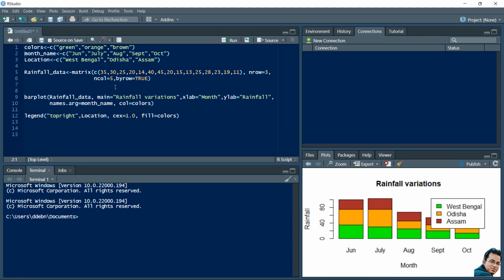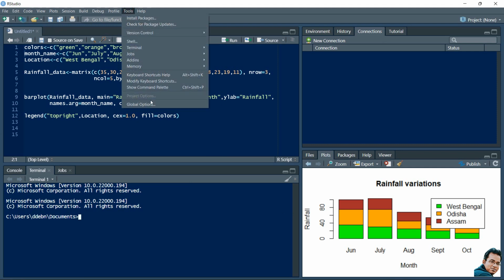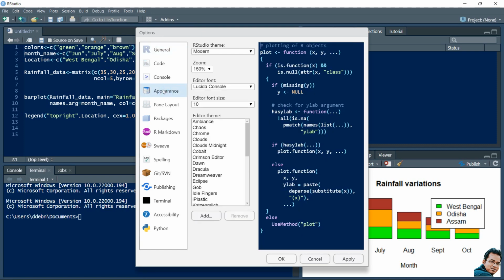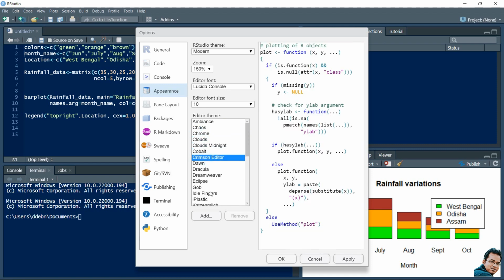Now if we are interested to change the appearance of this RStudio interface, for that we need to click here on tools, then go to global options, then click appearance. In this appearance section you can see so many themes available, so you can choose any theme as per your interest. Select the theme and click this apply button, then your theme will be changed.